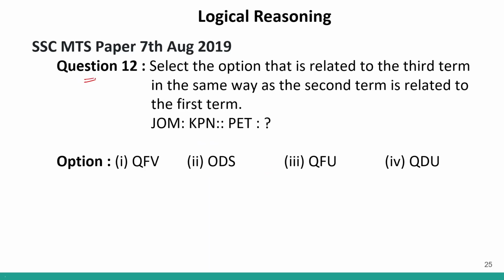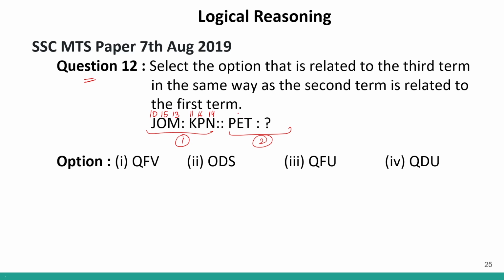Question number 12. Again, an alphabet analogy question. So we will give them forward ranks. This is pair number 1 and this is pair number 2. If I look at pair number 1, J, then K. What is the forward rank of J? 10. This is 15 and for M it is 13. For this it is 14, this is 16 and this is 11. So simply I can see plus 1, plus 1, plus 1. Each time we have moved one position forward, from J to K, O to P and M to N.